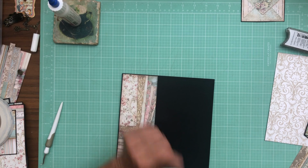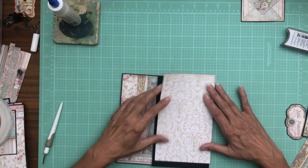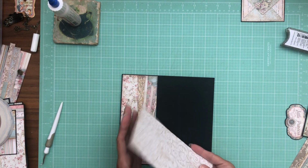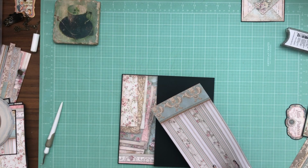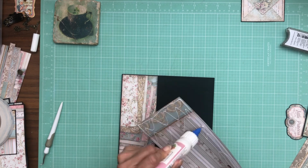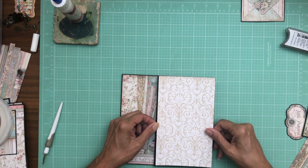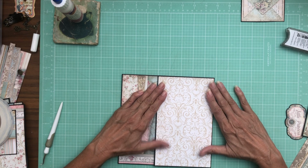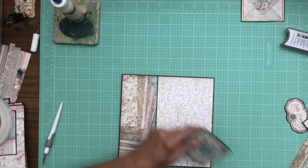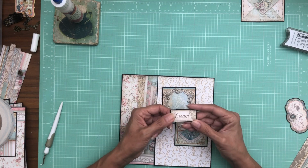Okay, so now I had picked out this, which is from the 12 by 12 collection. Gonna go right here, and it's inked, so I'm ready to lay it down. Pretty. Okay, now I am going to use these 2 pieces, and then I've paper backed Dream, so it's going